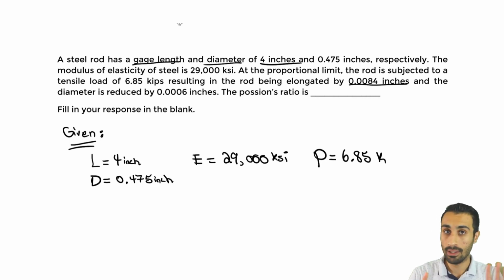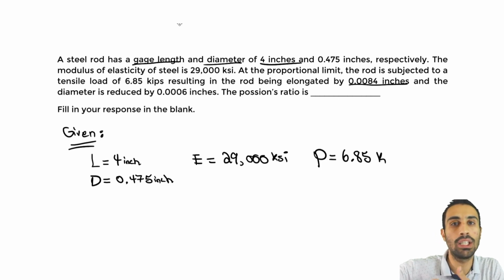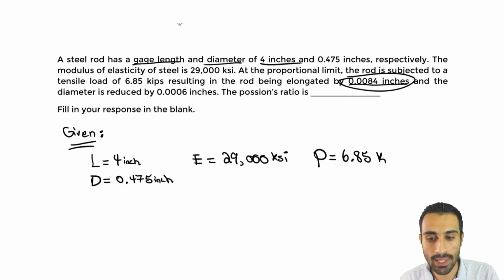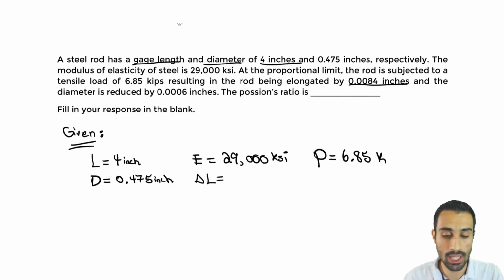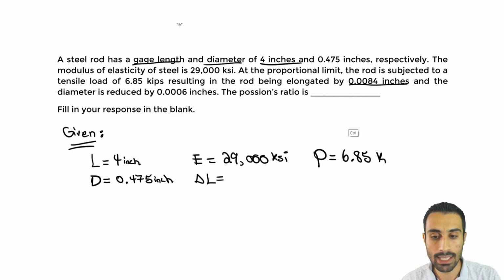So we have, just like what we showed with that rubber, you have an elongation. And note, when they say being elongated, that's not the final length. That is a change in length. Elongation is along the longitudinal direction. So the change in length in this case is that, so that would be delta L. Delta means change in length. Change in length is L final minus L initial. So we know that is going to be what that means. It's a change in length,